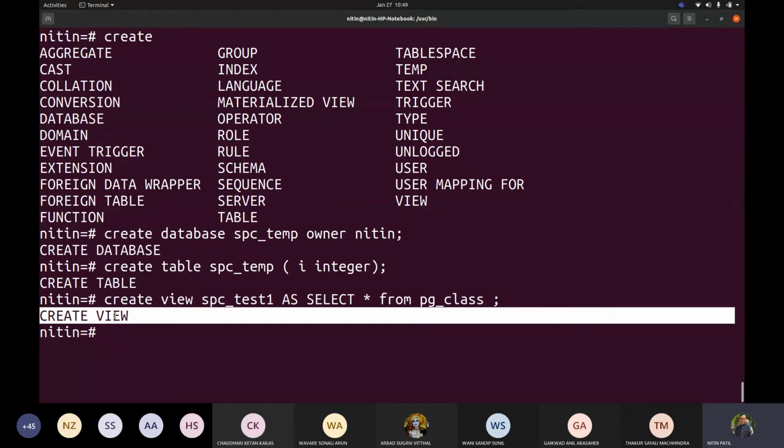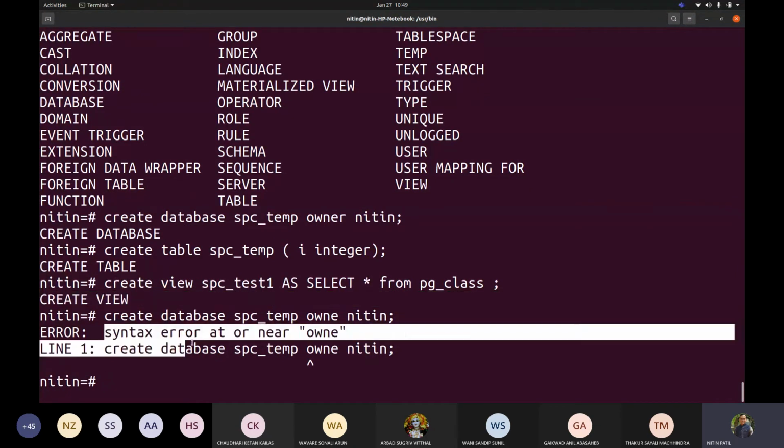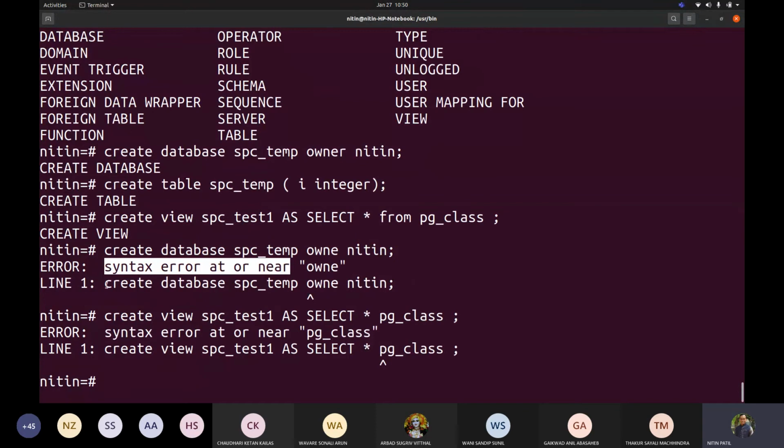Fine. The next, fourth task would be like if I make some error here. For example, if I try to do this, then it displays this syntax error for each and every such command. Like if I go with this view as well, it shows me syntax error at or near. Now this is a common thing. Only what is changing is that it is telling me where exactly this is. So it is picked from the SQL command that you wrote.